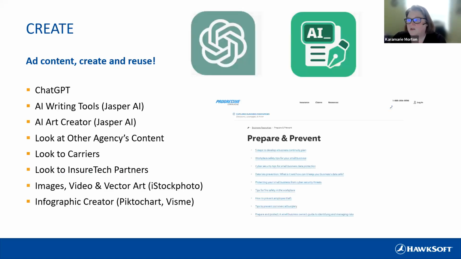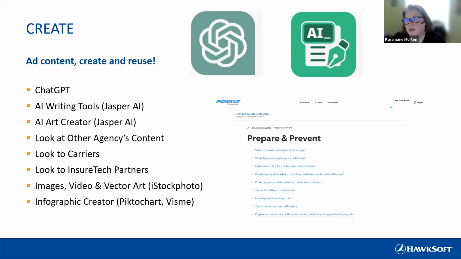I probably should have added to create, I use Hootsuite for my social media. And in Hootsuite, my AI writing tools are automatically in the system. And I believe, even though I don't use it, Client Circle also has an AI writer associated with it. I believe Levitate also included that in theirs. I know that if you're using Insured Mind, they've also added ChatGPT and AI writing tools in theirs. So look and see what technologies you have.